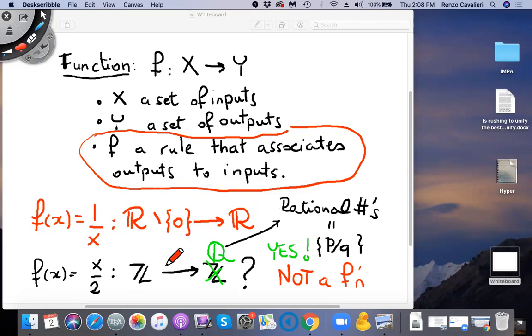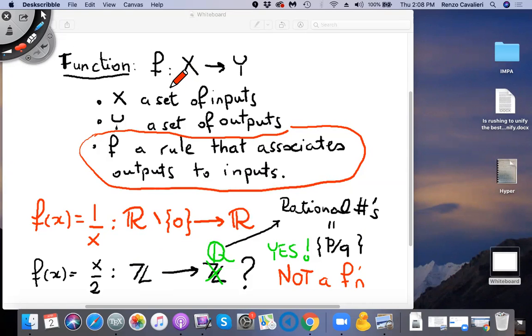In the second case, the rule that we gave does not produce an output which is an integer for every input. In fact, every time you choose x to be an odd number, the output is not an integer. So you could work on the input set and just throw away all the odd numbers, or you could change the output set and say, okay, let's allow fractions as outputs, and then it becomes a function. Okay, and